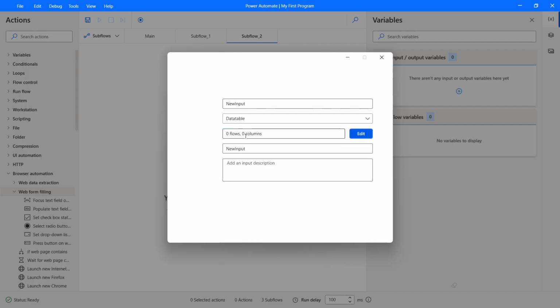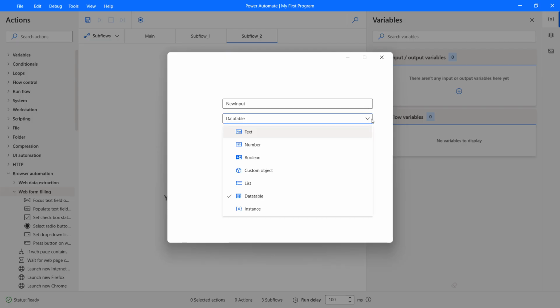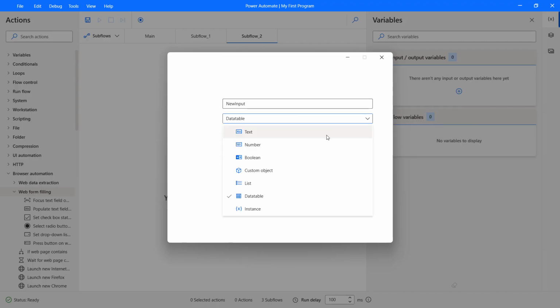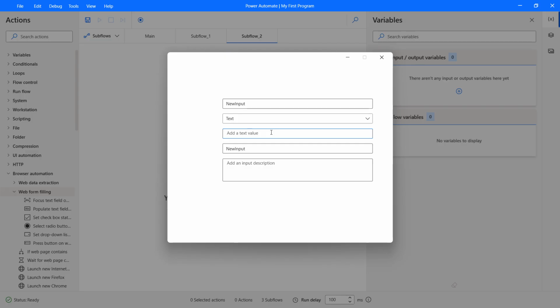Apart from that, you can go for a data table, which is the format of rows and columns, like an Excel sheet. Like this we can create these types of variables and keep them here. Suppose I want to create a new variable as text, so I'm going to pass